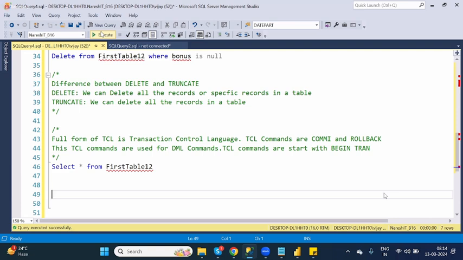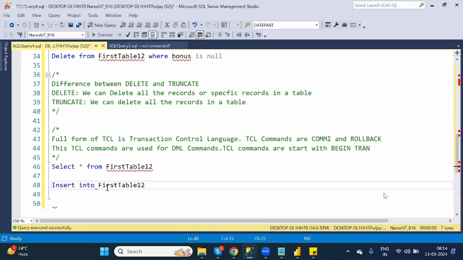If you want to insert a record, what is the command you write? Insert command. You already know how to write the insert command. Similar like that, insert into table name values. We can write like this or not? Okay. What values we need to insert? Suppose, for example,